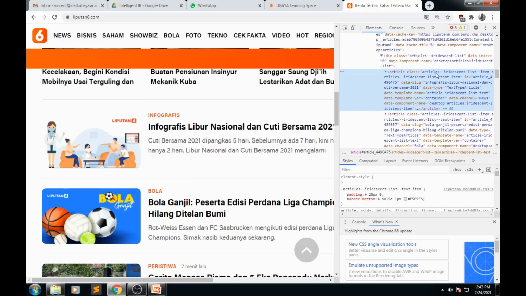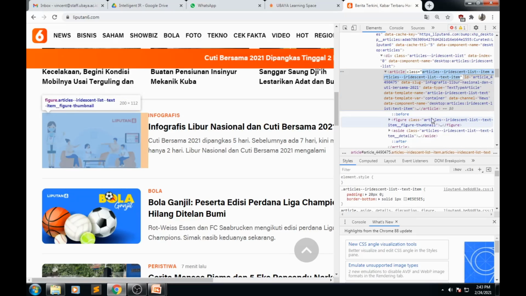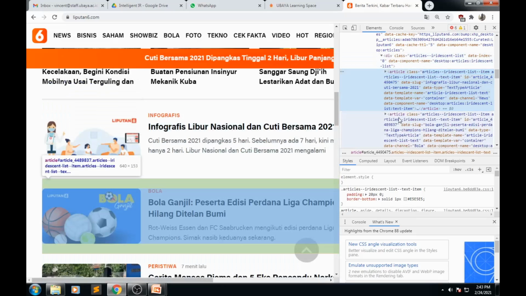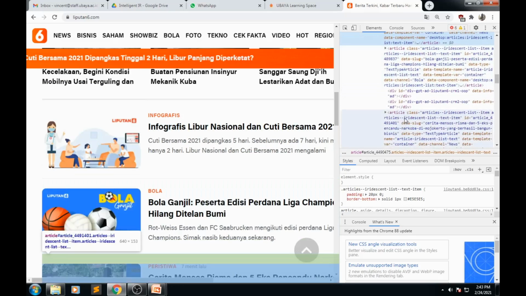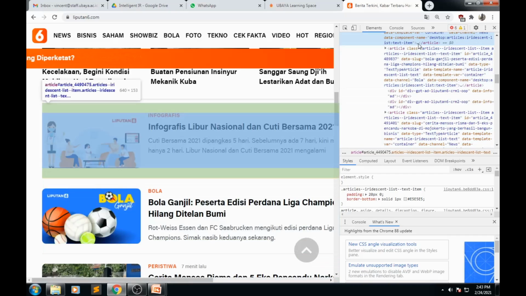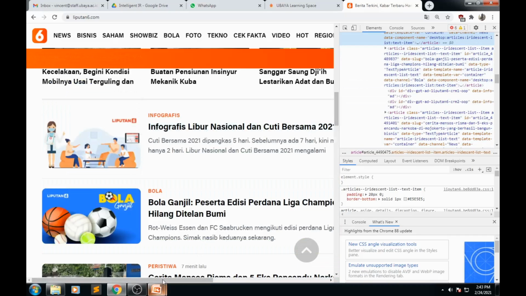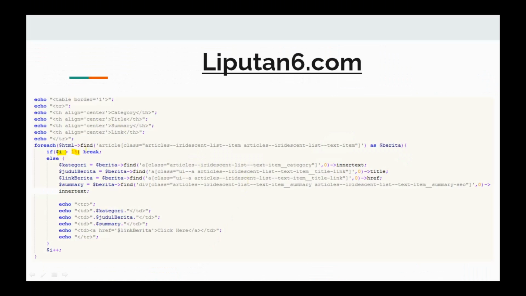This is the repeated text with the class name article, and so on. You can see the highlight of the news is here. Okay, and then we implement it in our code.